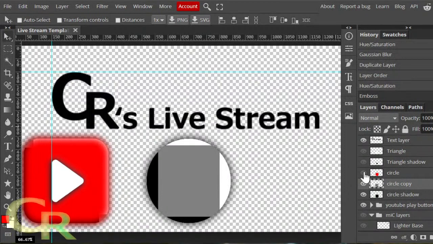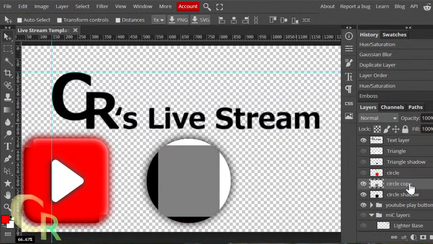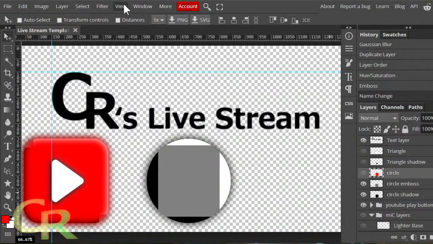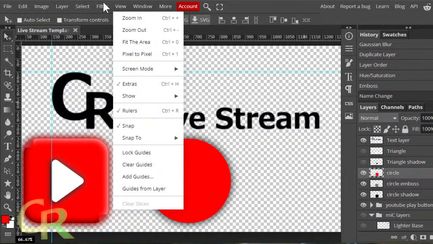Okay, now I'll show the red one. Now if I remember red, go back to the circle one. This is the red one. Okay, that's the red one. Not the copy, which I'm not naming the circle emboss one, so I know exactly what the difference is. Naming is important. Go to the circle one, which I actually have to show, and apply its own